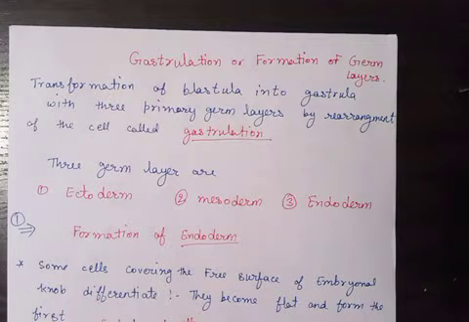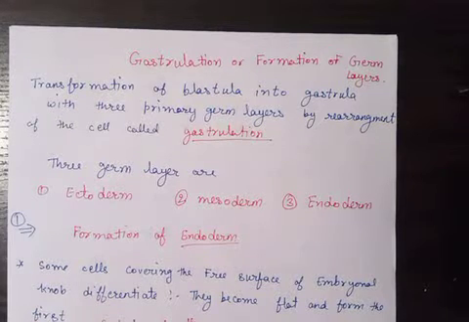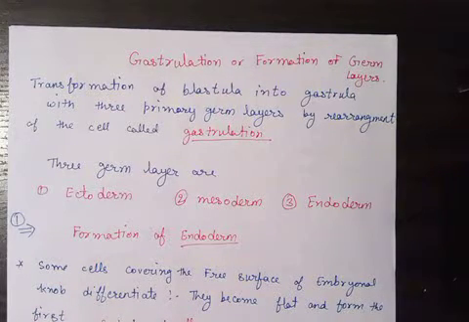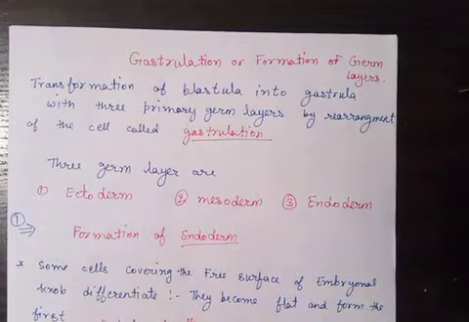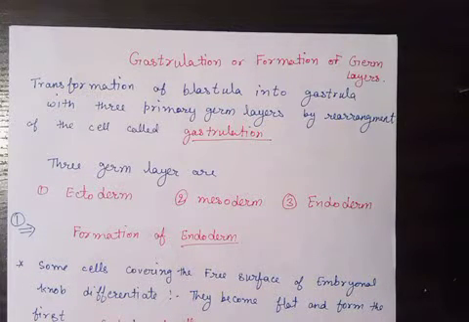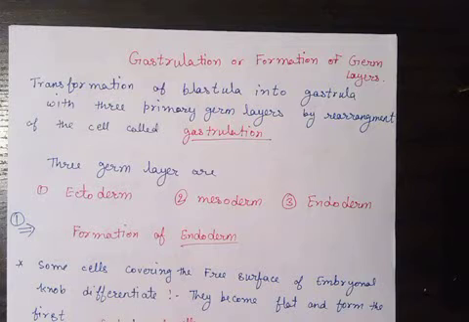In the previous lecture, we discussed the implantation of the zygote and the cleavage. In that lecture, we discussed how a zygote is divided after fertilization and how it's implanted into the mother's womb, meaning the wall of the uterus, the uterine wall. Now, in this lecture, we will discuss what changes occur after the implantation.